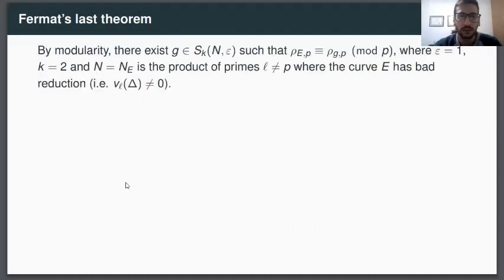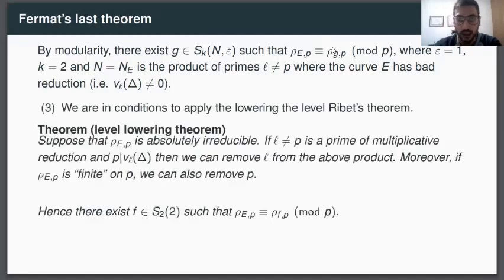And since the curve is modular, we know that there exists a newform g of weight 2, trivial nebentypus, and level exactly the conductor of the curve, such that the representation associated to this newform is isomorphic to the representation of the elliptic curve. This is the representation that we obtain when we look at the action of the absolute Galois group on the p-torsion points of the curve. So now we are in a condition to apply Ribet's level lowering theorem, which basically says that